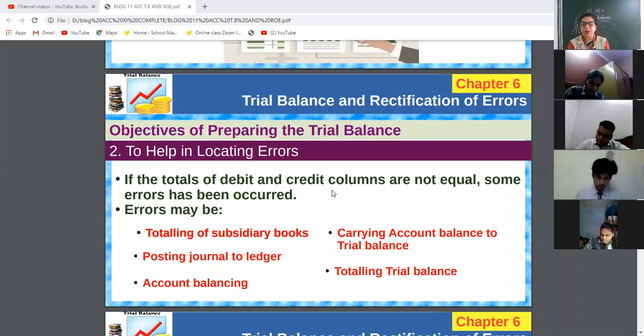These slides we made for you to note down the notes in the summarized way, because in the books it is given in little bit tricky and complicated language. That's why we made the slides. Trial balance is helpful in locating the errors. See, my dear children, we have limited memory. Up to exam, you cannot learn that or you cannot remember that. That's why we are giving you notes to make or note down in your notebook.